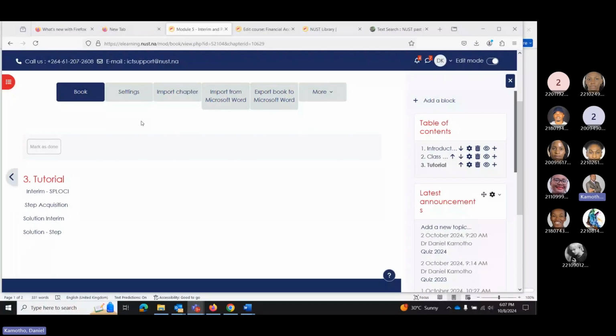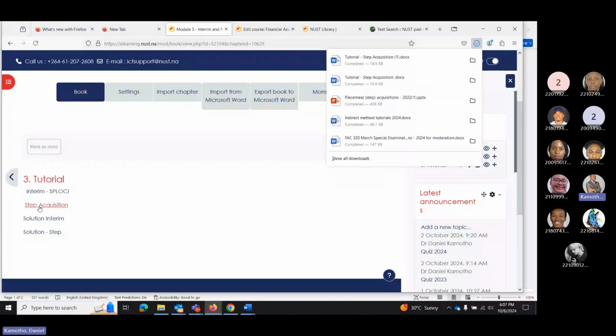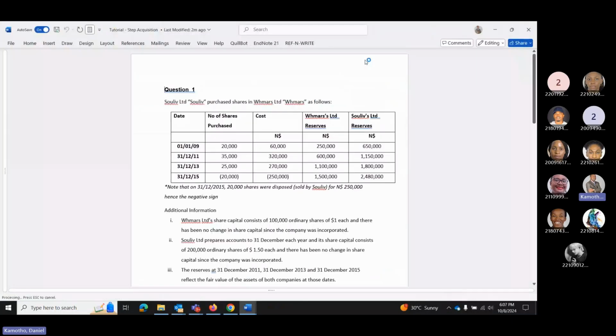E-learning, and I want to go to the step acquisition. And that is the question that I'm going to open, and we are going to do it. We'll do it slowly. Let me see. This is 100,000 shares of one. Yeah, we'll do it slowly, but it